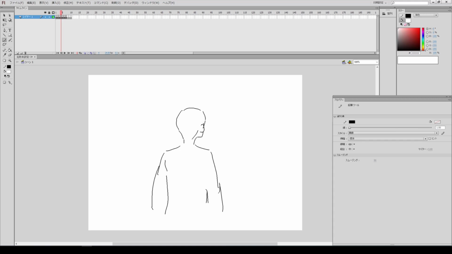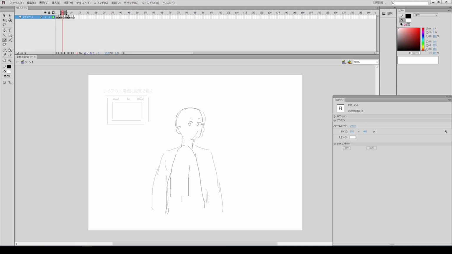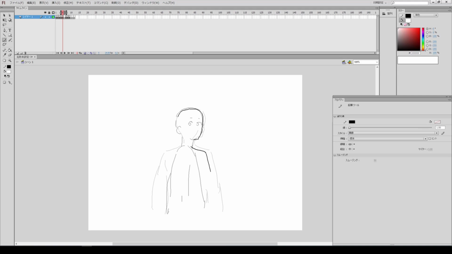All these intermediate drawings are handled as in-betweens. Simply put, there are people in charge of drawing in-betweens. If you insert 2 drawings, you insert them in between like this. The movement is created by rotating little by little.